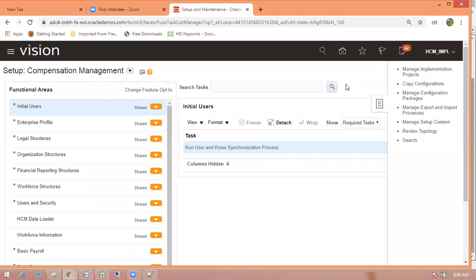We have to do the export and import process using configuration packages. We will discuss how to import setups, how to migrate approval workflows, and how to migrate personalization.